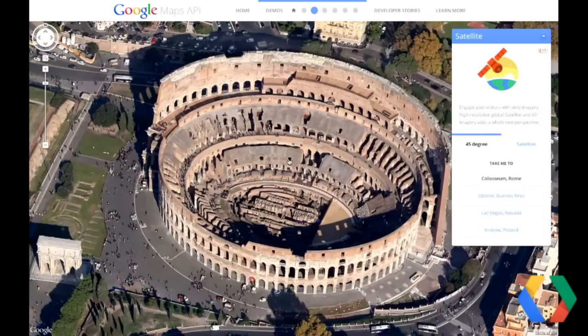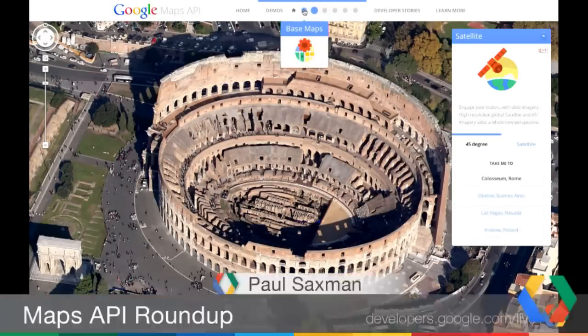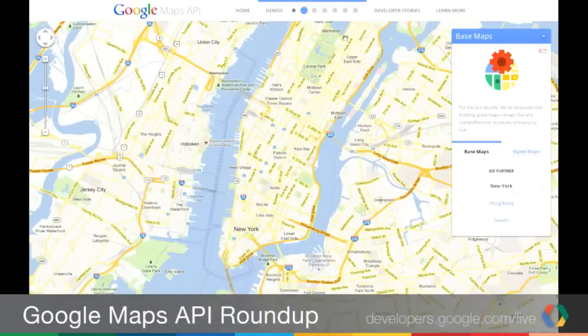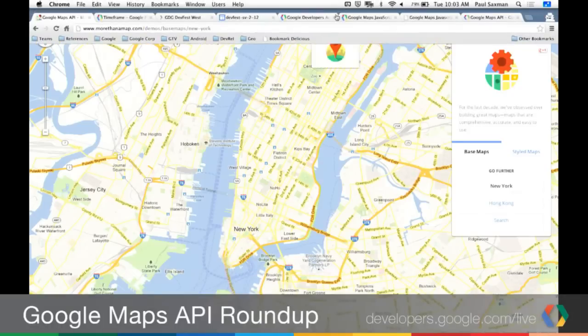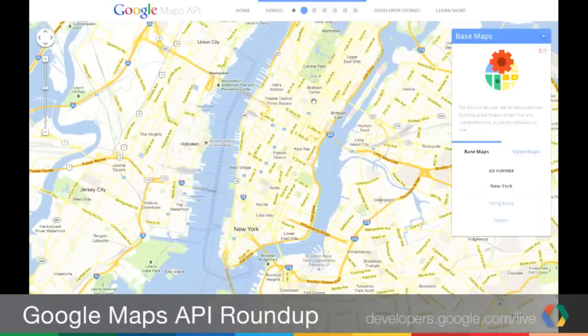The cool thing that Luke and Chris talked about last week, if you weren't there, was that this actually uses one map for all of these demos. So that's a really nice tidbit for developers to know about, because you can actually reproduce the same thing. Instead of reloading the map every time somebody accesses the page, you can keep it running in JavaScript in the background. So, and they don't want us to tell you this, but that reduces your map loads. Oh yeah, that's the implicit